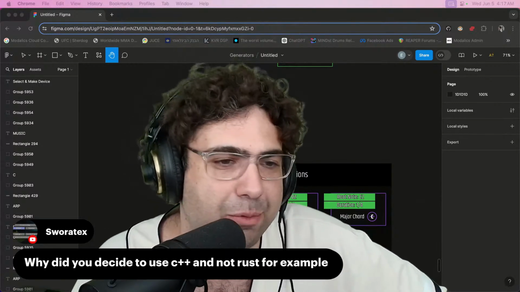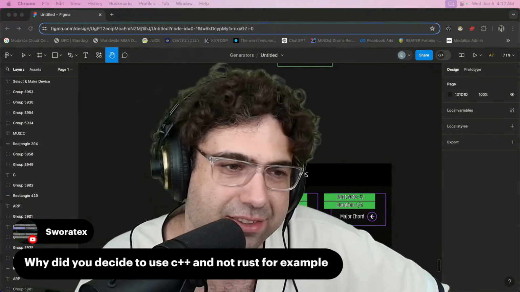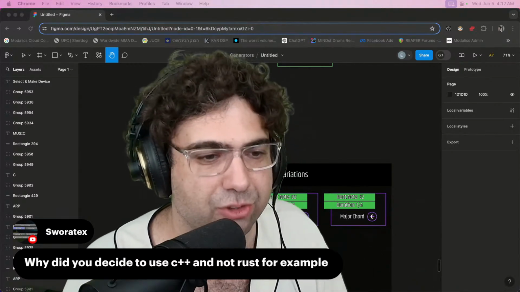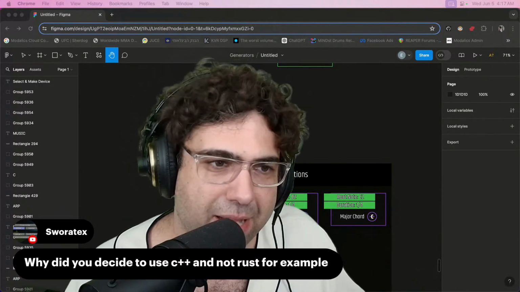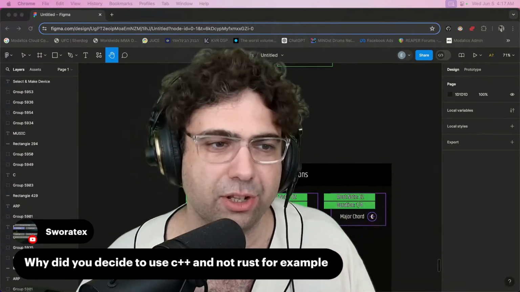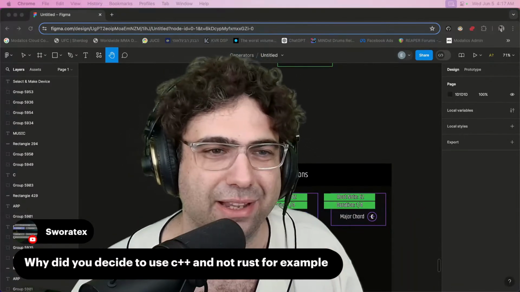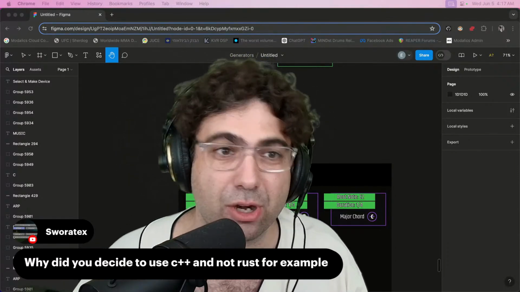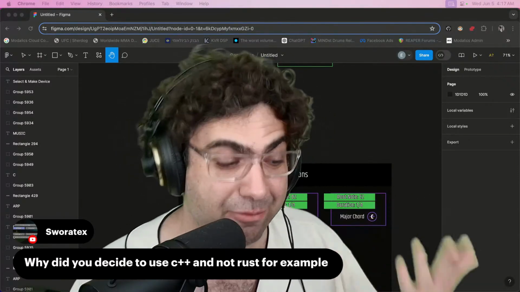Like there's no good libraries in Rust for plugins. There's no good libraries in Rust for UI, which is, by the way, a lot of my code is UI. There are some projects and libraries, but none of them are mature. None of them are commercial. So if I'm gonna dive into them, I'm gonna have to find all these open source projects that are half complete, and I'm gonna need to contribute to them and help them fix their bugs.